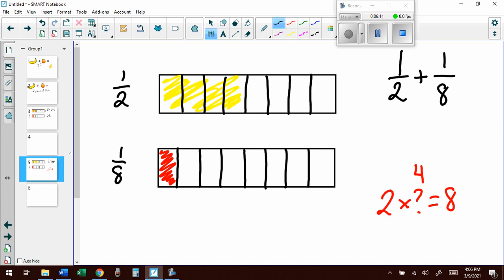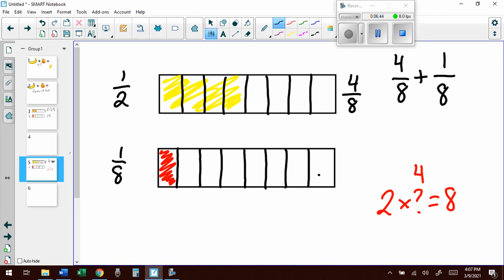So now I have 1, 2, 3, 4, 5, 6, 7, 8, and 1, 2, 3, 4, 5, 6, 7, 8. So 1/2 is truly 1, 2, 3, 4 out of our 8 total pieces. Now, they are both 8ths, so they both have that in common. Really, it's not 1/2 anymore. 1/2 is equivalent to